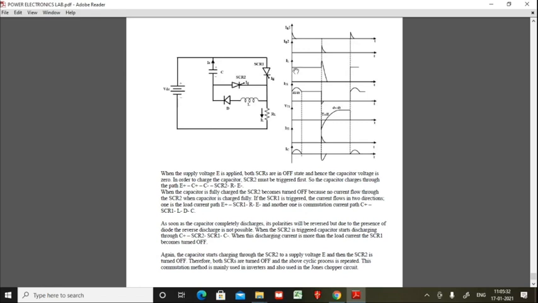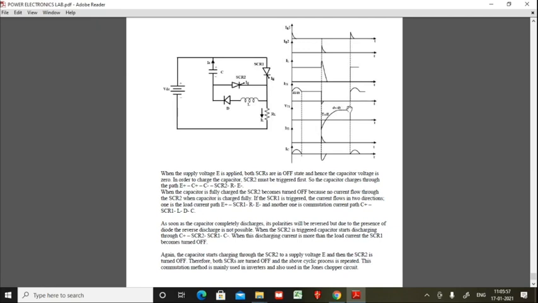You can see here, when load current was there, there was no voltage across, because the load current flows through the main thyristor SCR1. Once this current was here, it was a short, so no voltage. But once the current drops to zero, it means it is open, so at that time there is a voltage.